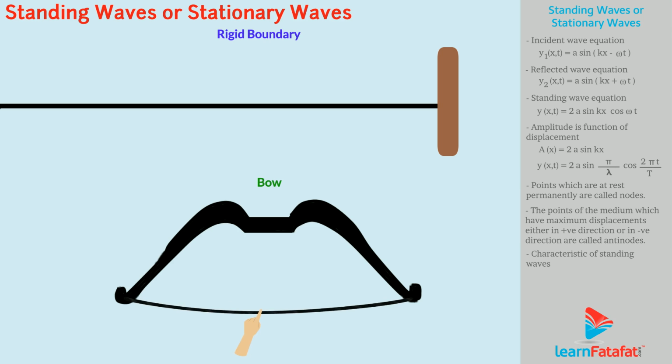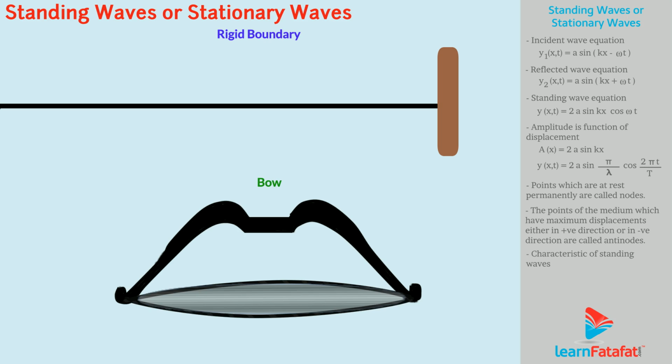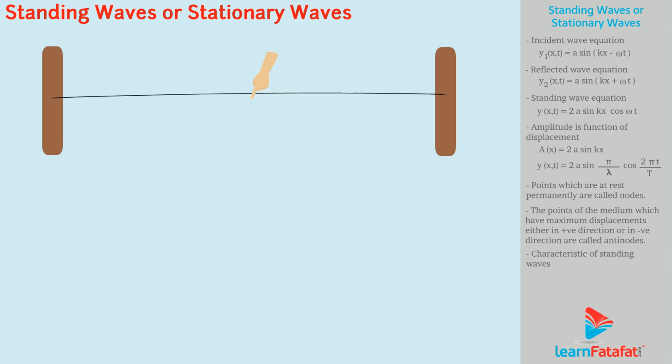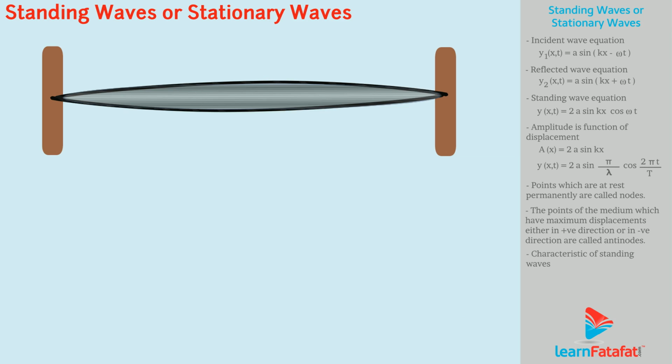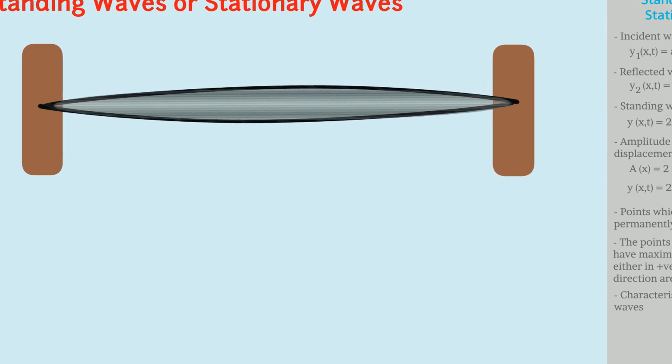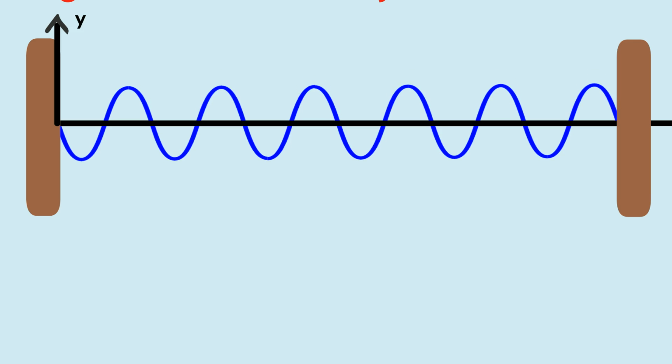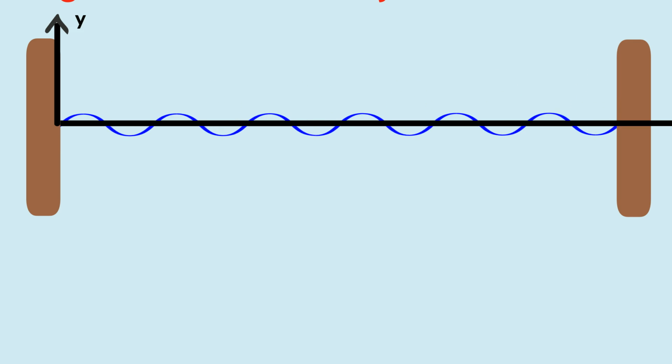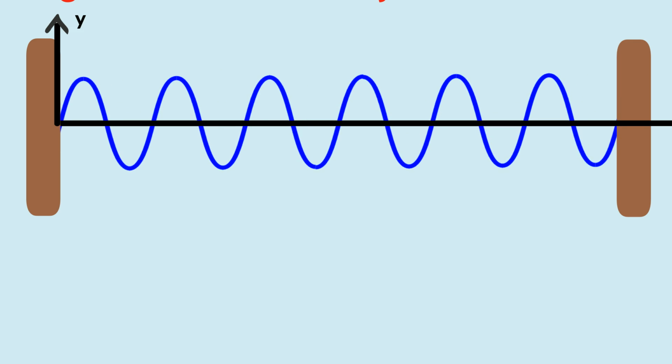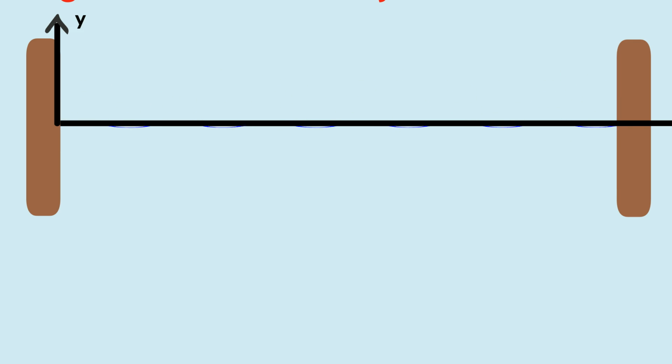If we pluck the string, you will see speedy vibrations of the string. The vibrations appear to be wave-like, but these are non-propagating. Such waves are called standing waves. Let's understand this conceptually. When we pluck the string, the deformation results in vibration of the string. On careful observation, you will find that it is nothing but a wave. But this wave is not propagating, it appears stationary.